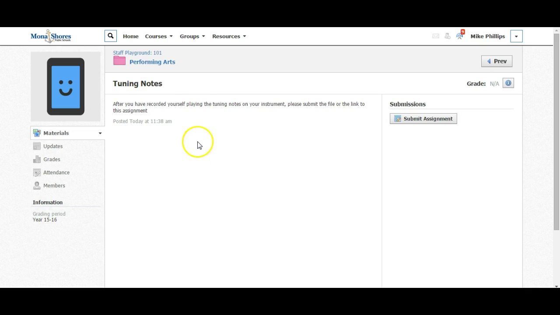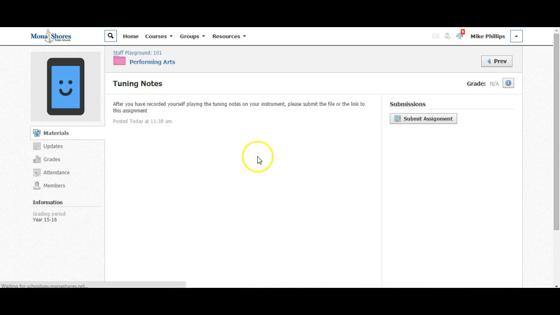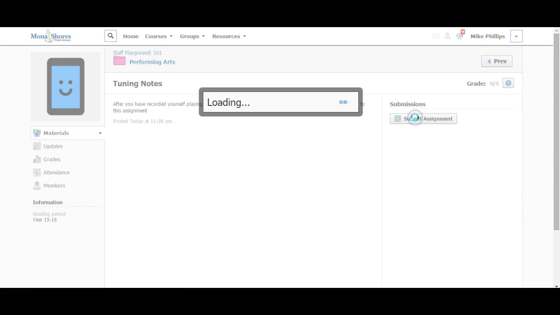So what I've done is inside of Schoology, I'm a student right now, and I'm inside of my performing arts class, and the teacher has created an assignment called tuning notes. I'm going to go inside of that assignment and turn that in, and I'll show you both ways to turn this in. This is from a student's perspective, and then I'll show you what it's going to look like from a teacher's perspective. So I'm going to go ahead and submit this assignment,